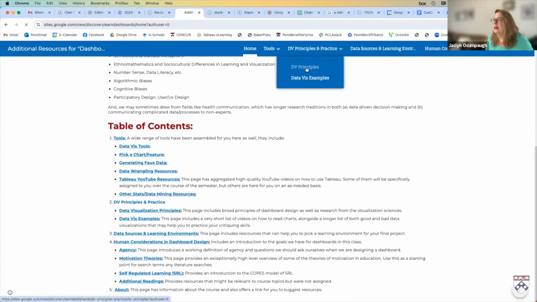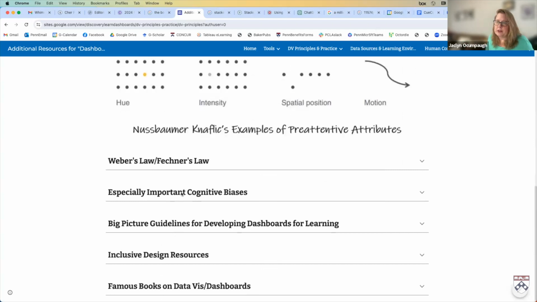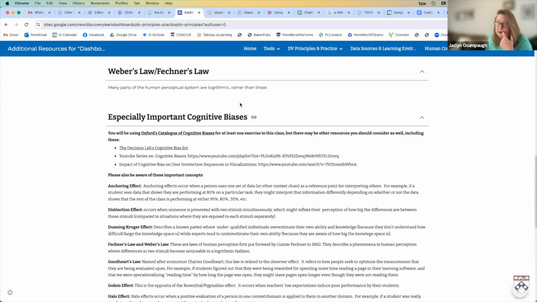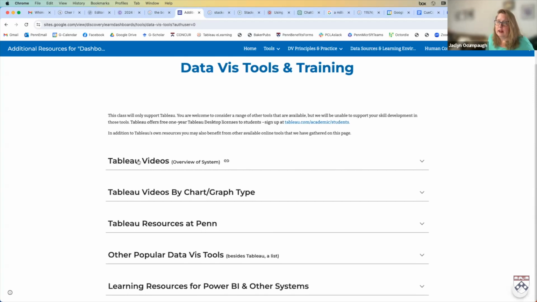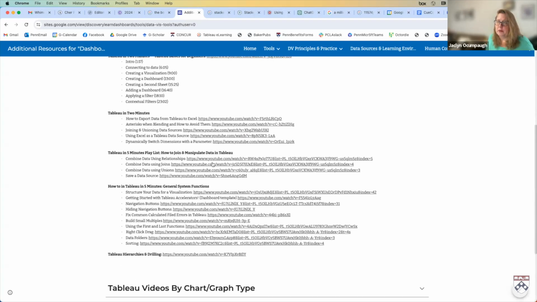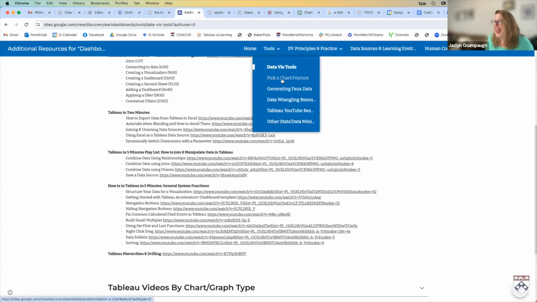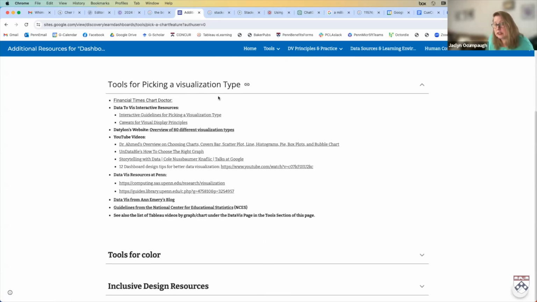And within those, you can come through and find things that we'll talk about in upcoming videos, things that will help you find other resources, right? So certainly we have a lot of videos here on getting started with Tableau that have been curated for you, not produced by Penn, but curated for you. And then we have a pick a chart feature that allows you to find tools for picking which visualization type is most appropriate for the kinds of data that you have in terms of numerical or categorical and so on,